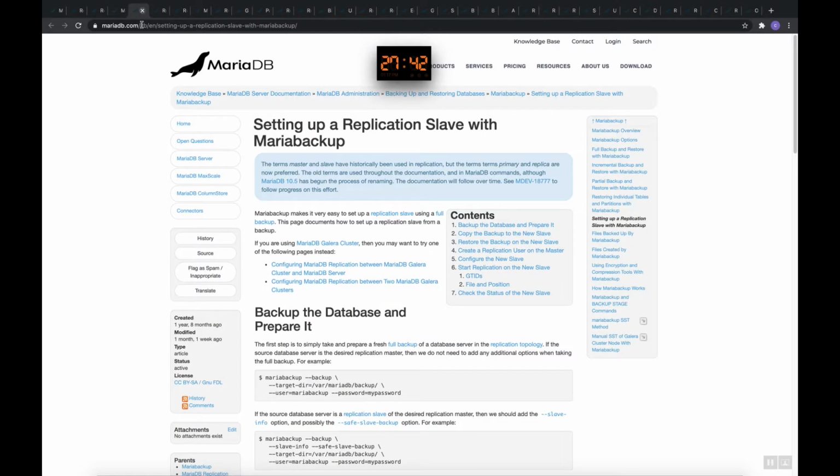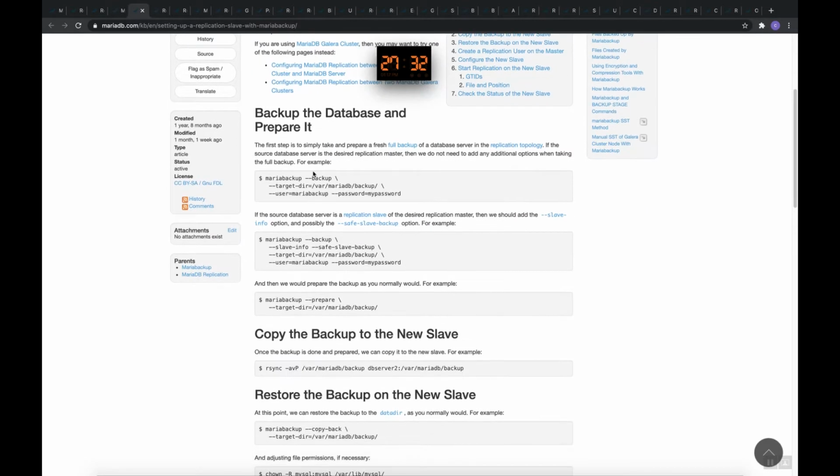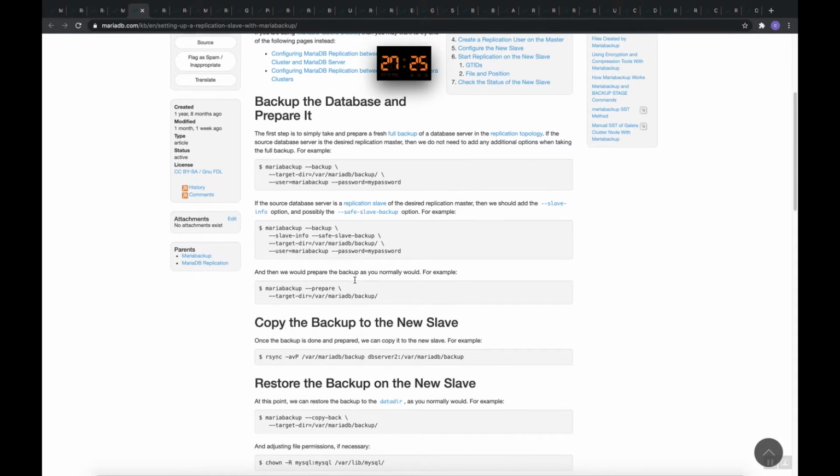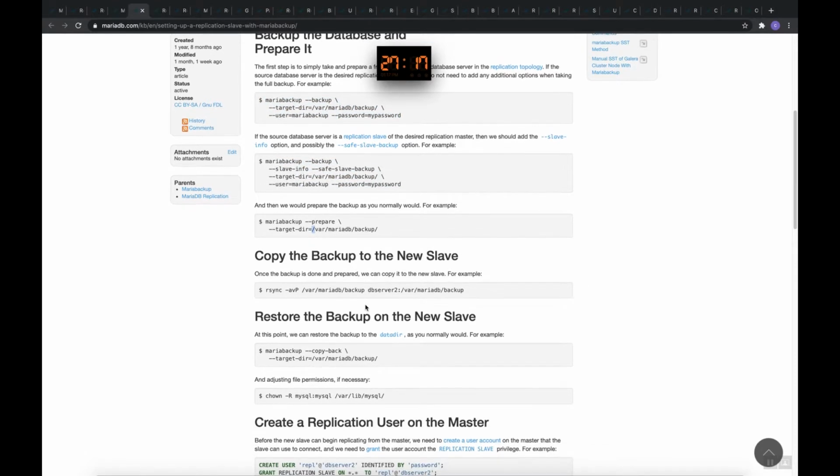Now, moving on to how you set up a replication with MariaBackup. MariaBackup makes it very easy to set up a replication slave using a full backup. So how do you do it? You first back up the database with mariabackup, target directory, user name, and additional options. Then you prepare your backup.